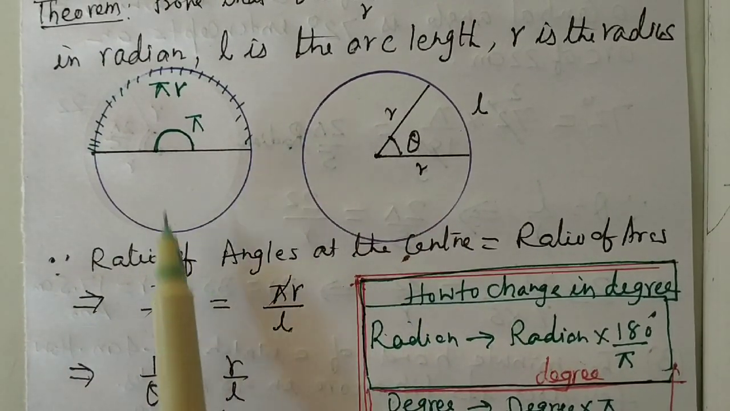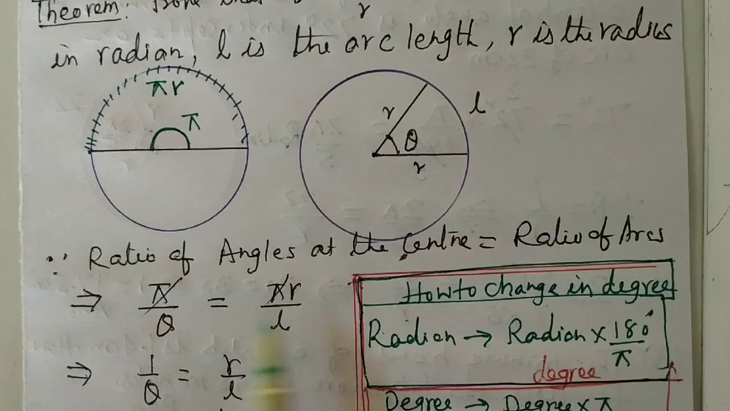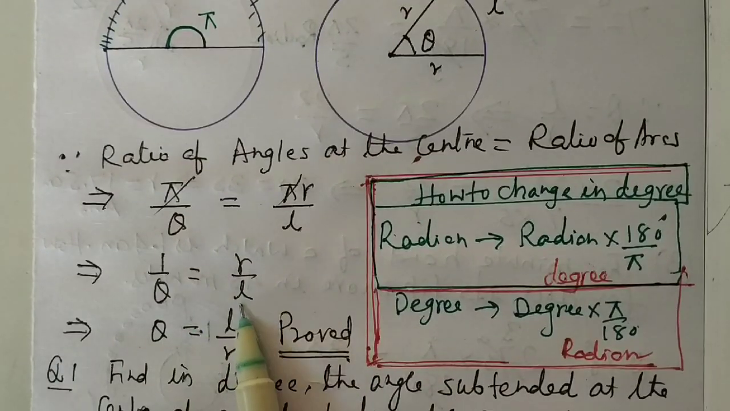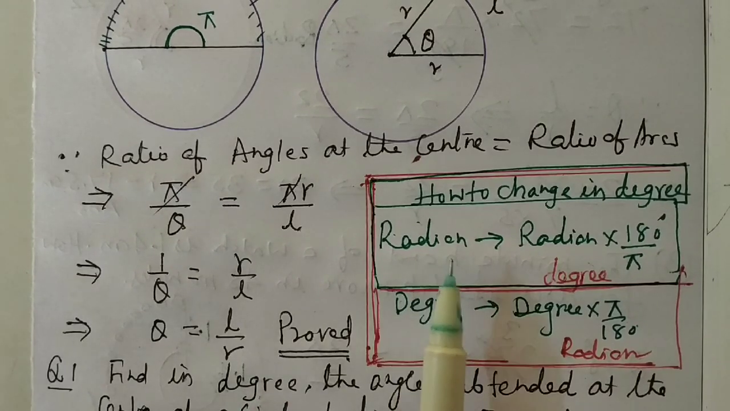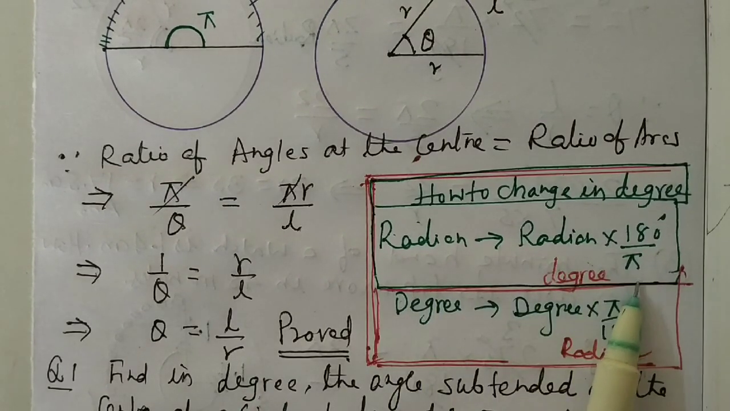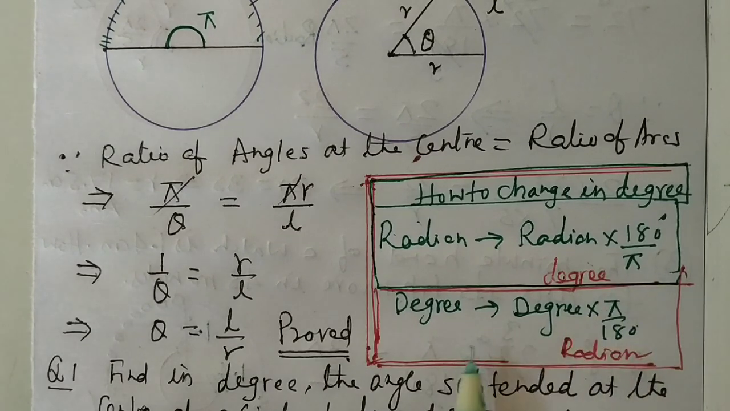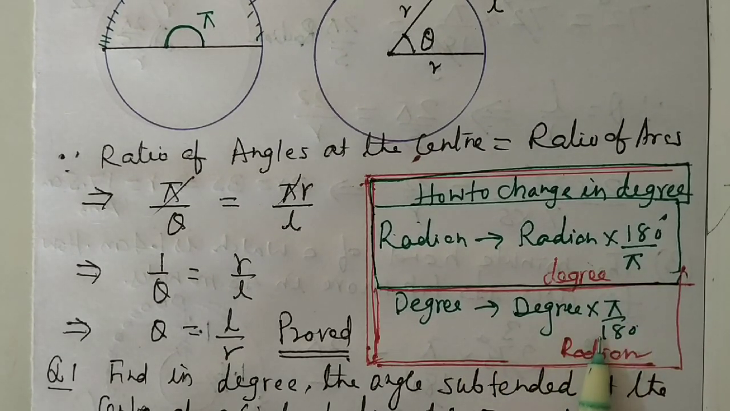The ratio of arc is equal to pi r upon L. So pi cancelled, 1 by theta is equal to r by L. So theta is equal to L by r, proved. Now once more, radian when multiplied by 180 by pi becomes degree, and when degree is multiplied by pi by